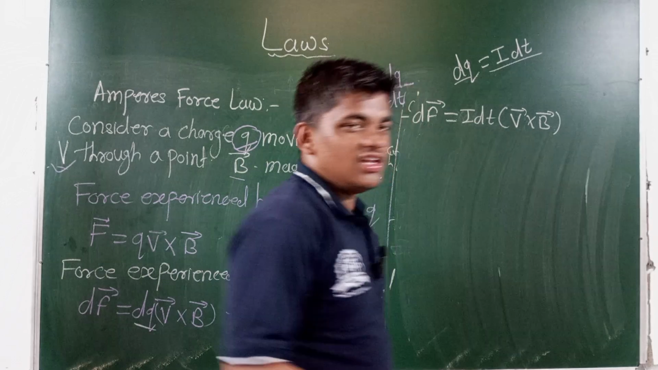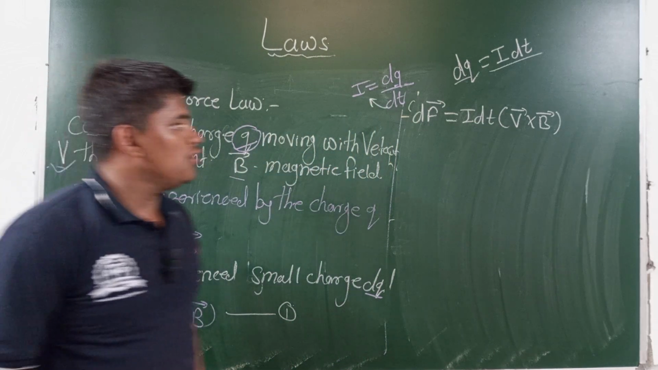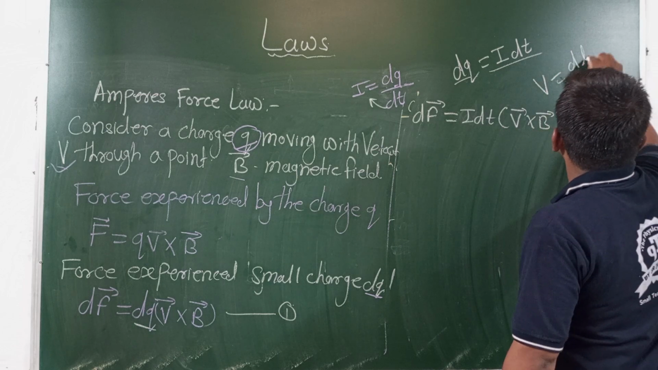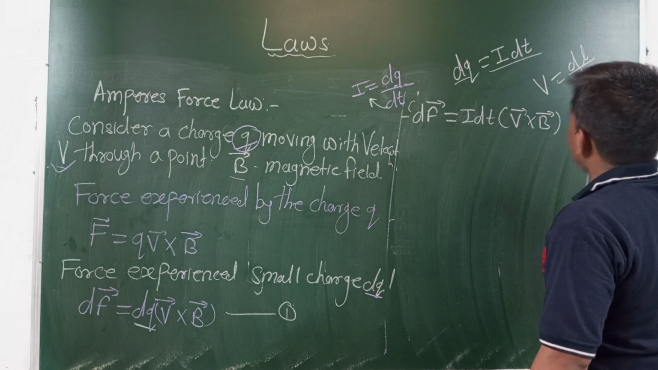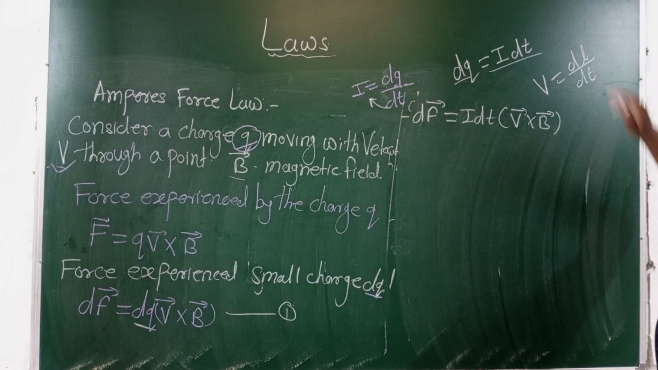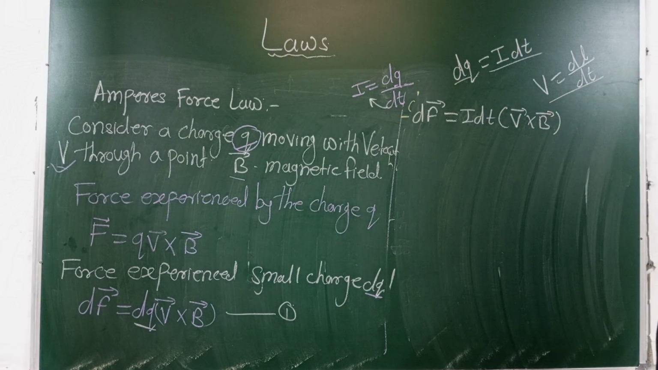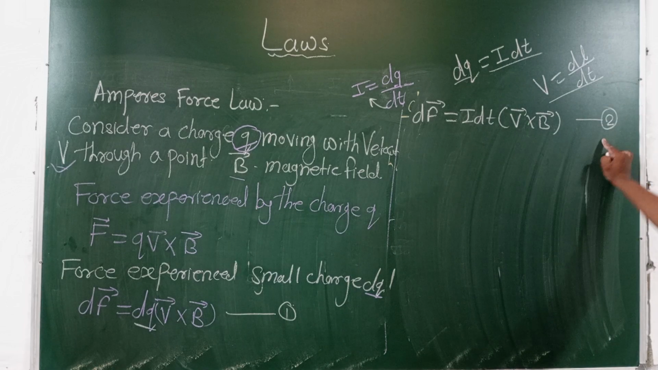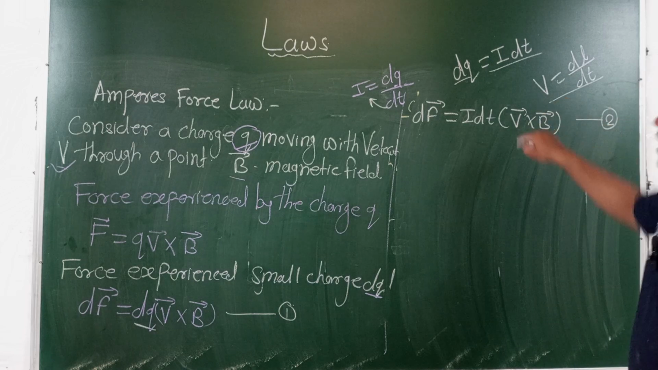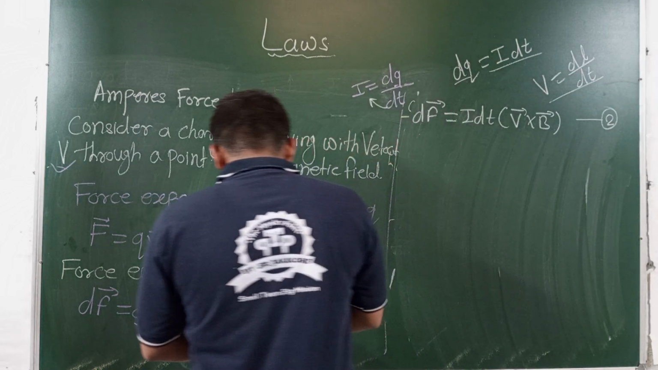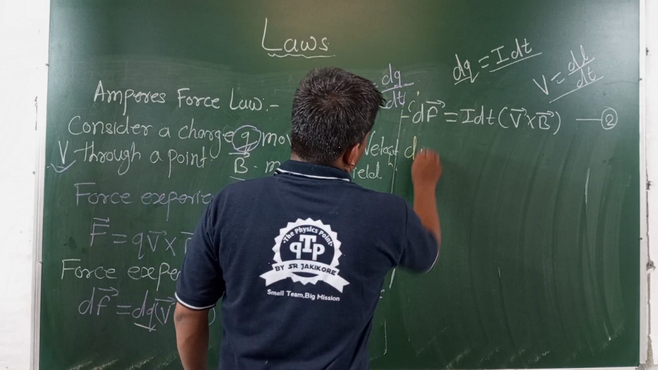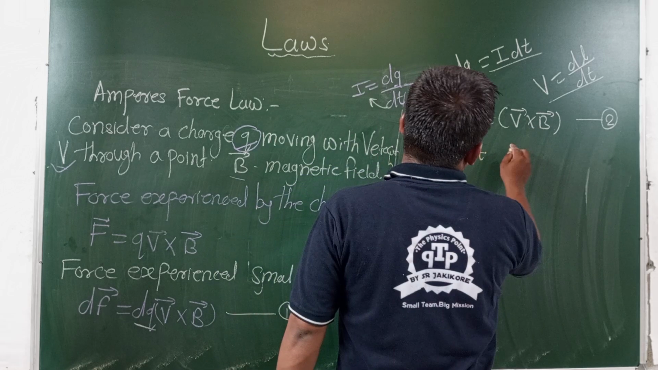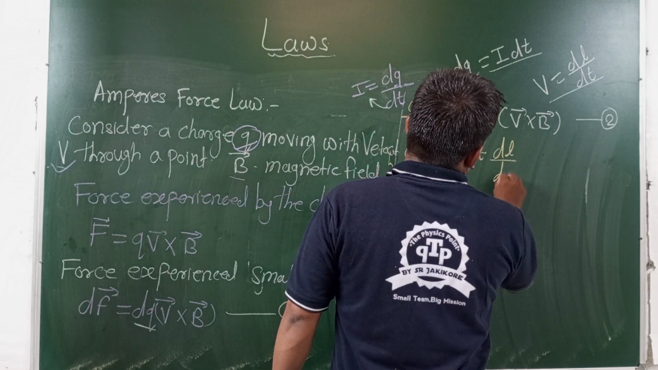Then we know that the velocity is equal to change in displacement with respect to time, or the speed is equal to distance, that is the length dl, upon time, that is dt. The velocity is equal to dl upon dt. We substitute the value of velocity in this equation. This is equation number 2. Substitute the value of the velocity in equation number 2. Then df bar is equal to I into dt into dl by dt